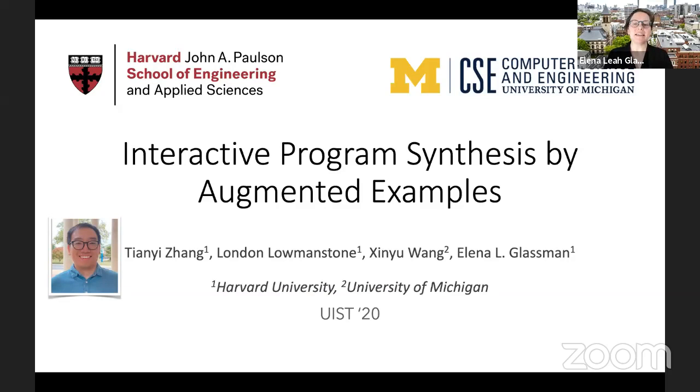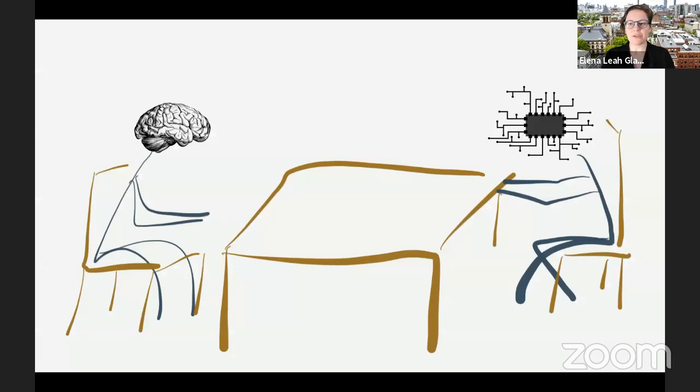So the idea here was that examples alone are not enough; we need to augment the way in which people express their intent to get interactive program synthesis to do what they want. More specifically, say you're sitting here with your synthesizer, and the user gives the system one or more examples of an input and output for a program that they have in mind.